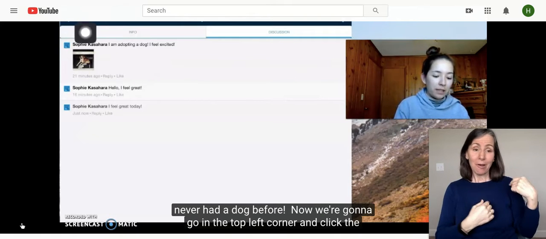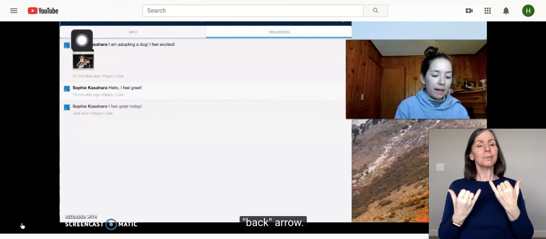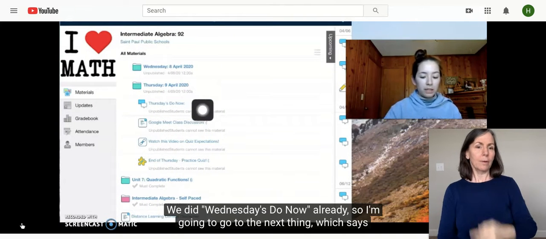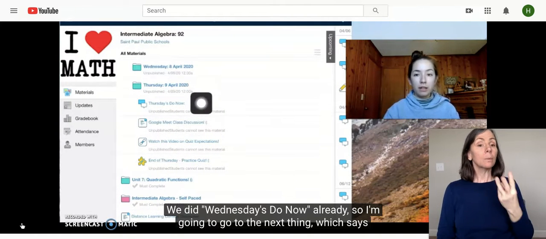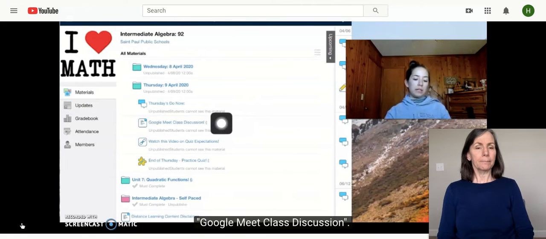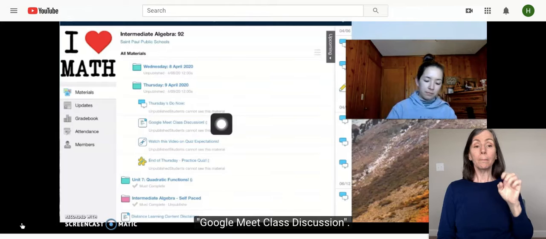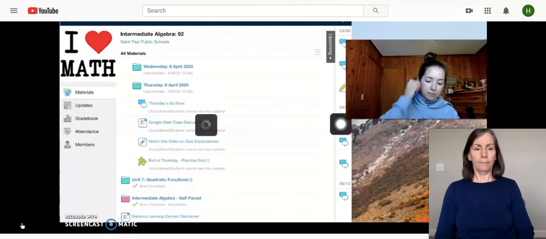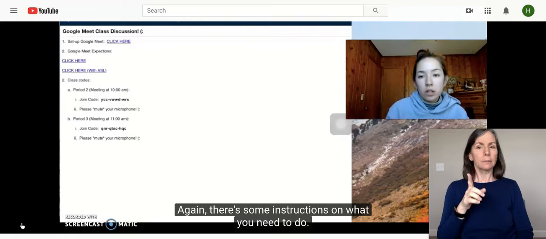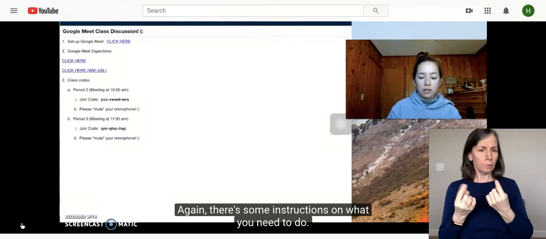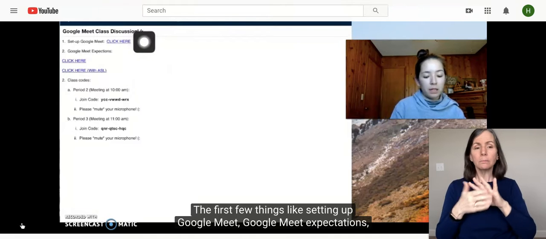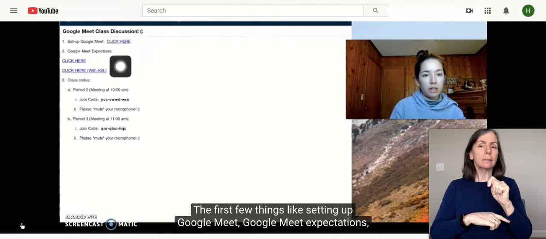Now we're going to go in the top left corner and click the back arrow. We did Wednesday's Due Now already, so I'm going to go to the next thing, which says Google Meet class discussion. Again, there's some instructions on what you need to do. The first few things, like setting up Google Meet expectations,